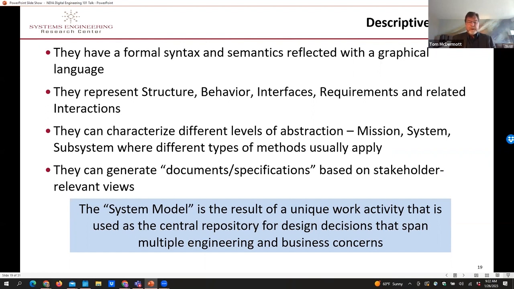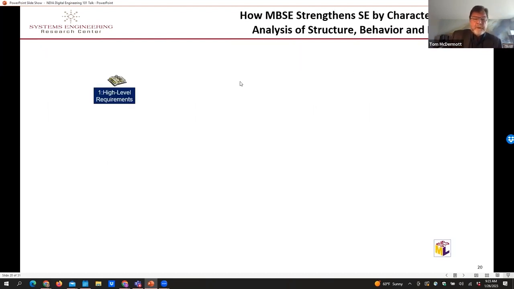So this idea of a system model becomes a value-added activity because it's pointing to the current configuration managed latest version of all that engineering in a modeling environment where it can be automatically updated and connected as the design develops over time. And so the system model is kind of this unique entity. So I'll spend a little bit of time on this. If you haven't really ever seen system modeling in action, this is just sort of a graphical description of how a system model gets developed and used.